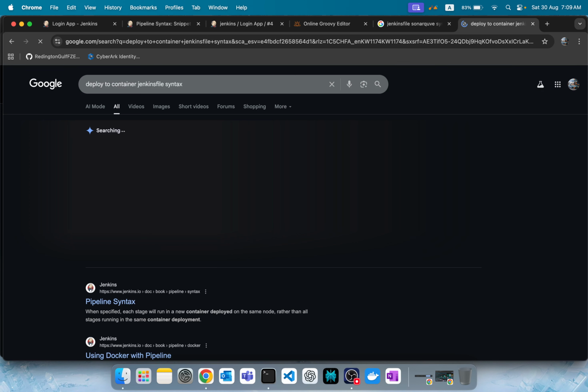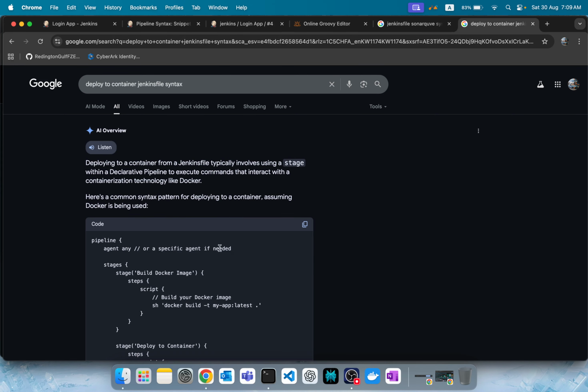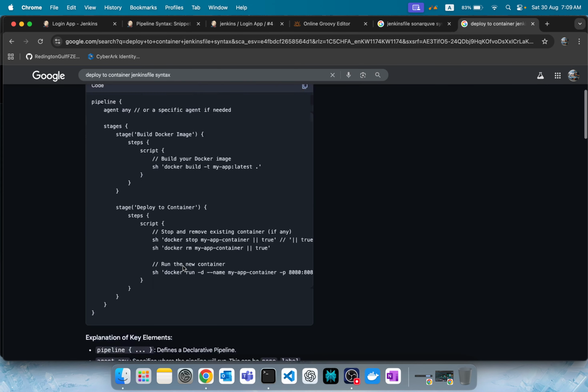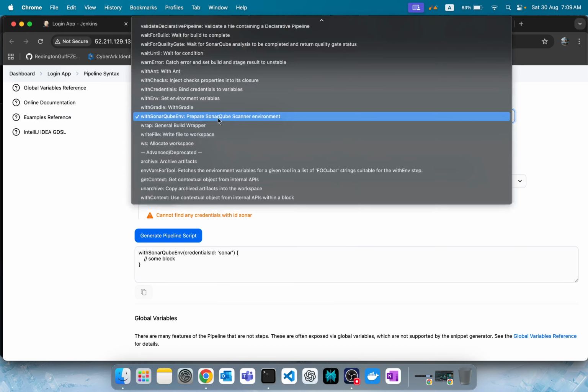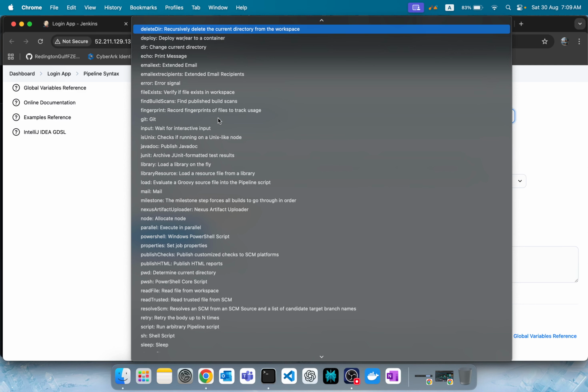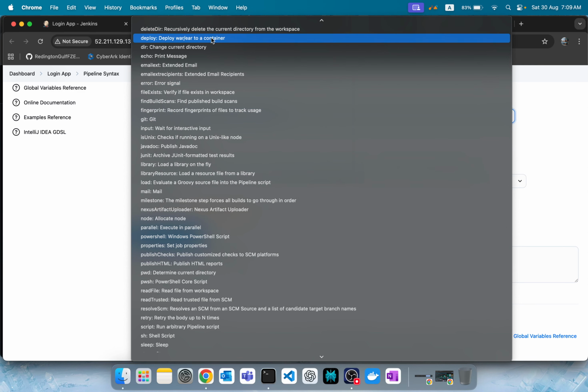See, if you can't see, automatically it'll give it to you. There is a new AI right in Google. Deployed container. It's giving something else. Okay, let's see if there is a syntax for that. Deploy WAR here to container. See,